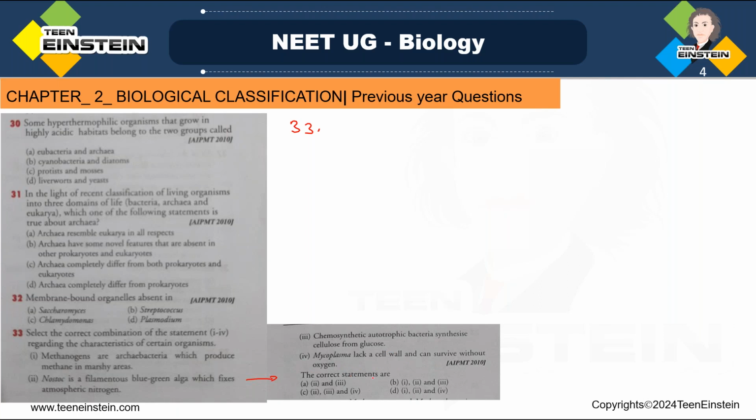In this, maybe the first statement or second statement, third statement or fourth statement, any one may be correct, or two of them may be correct, or three of them may be correct. So you need to read all statements before going to one option. See here, you can see 1 and 2, 1 2 3, then 2 3 and 4. So like that, you are getting the options. So you have to read all. Don't simply go to a conclusion by reading just the first option.